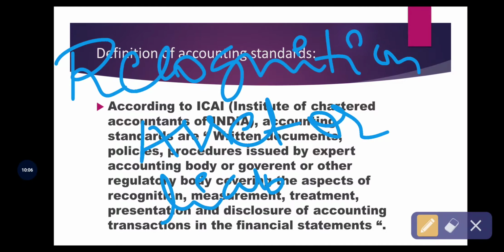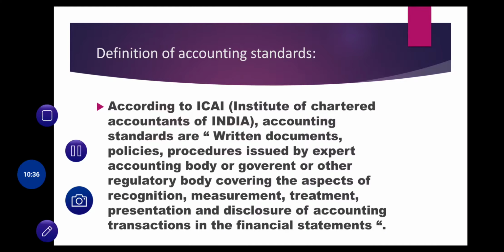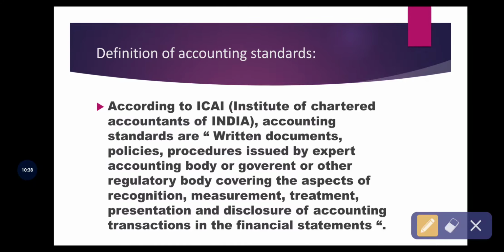If one transaction has happened, we have to recognize whether that transaction is bringing profit for our company or it is a loss, whether it is an asset for our company or a liability. So the first thing is we have to identify, we have to recognize the transaction. For recording our transaction, first of all we need to recognize it. That is the first step they are providing: how to recognize an asset, how to recognize a transaction, whether it is an income or an expenditure, whether it is an asset or a liability. Those are the rules they are providing.